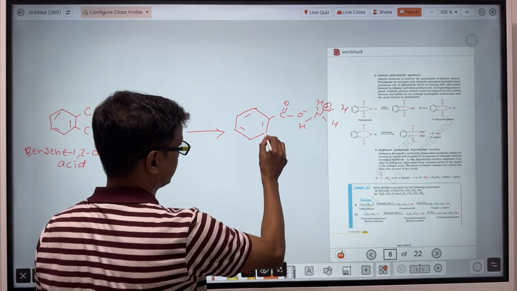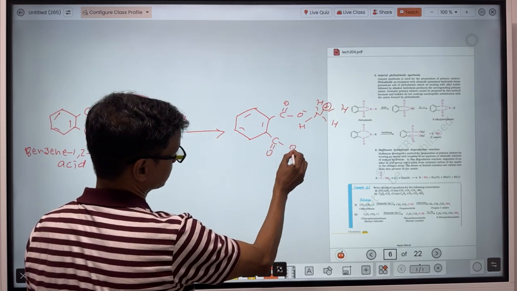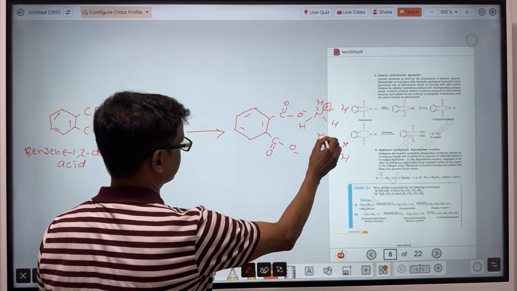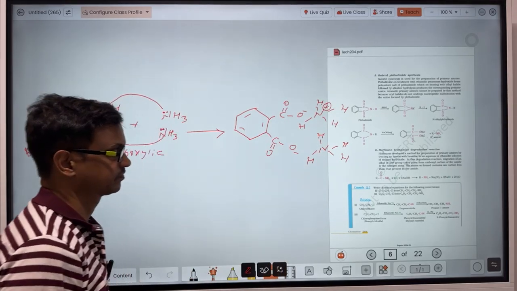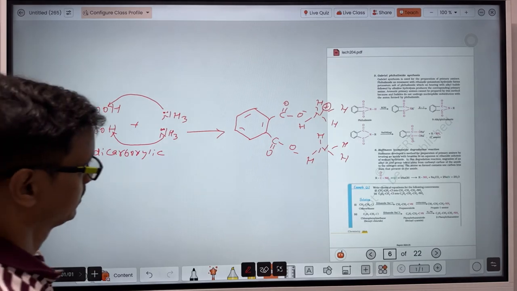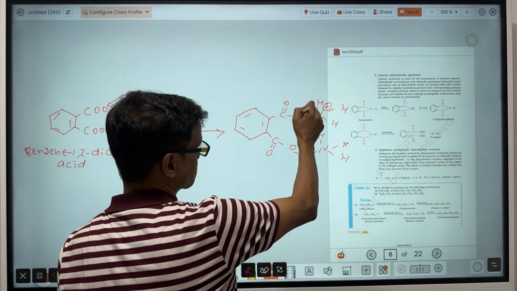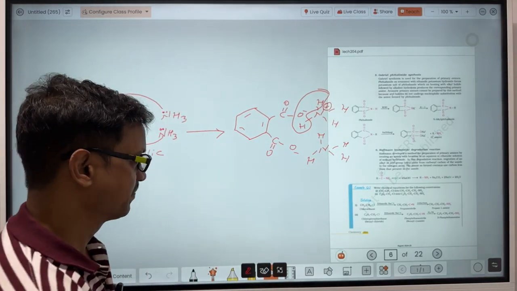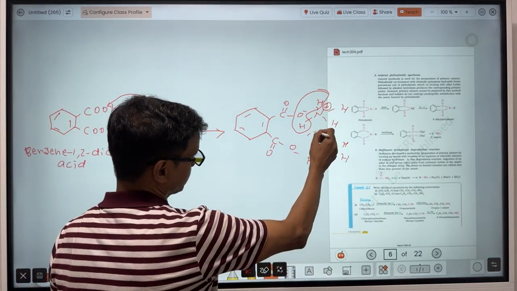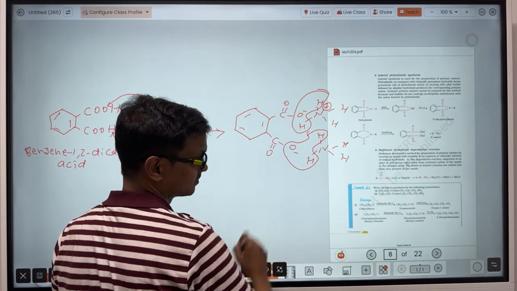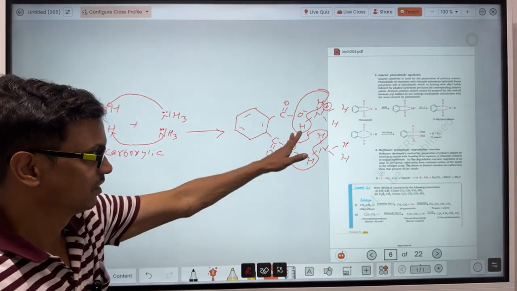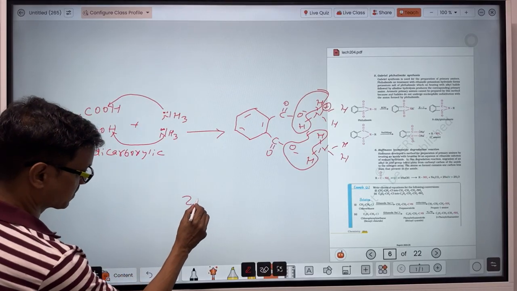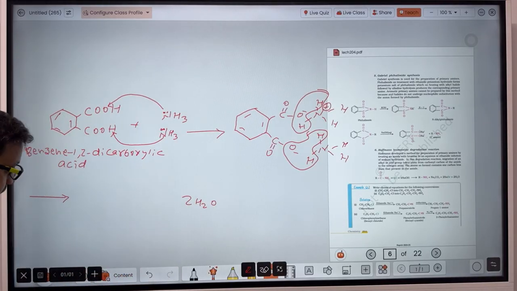Here positive charge. In the same way here also. Then after what happened? The two hydrogen atoms which are very close to this oxygen will get bonded to this oxygen. In the same way here, these two hydrogens will get bonded to this oxygen. So from here H2O, from here also H2O. So 2 moles of H2O will form, and then after,